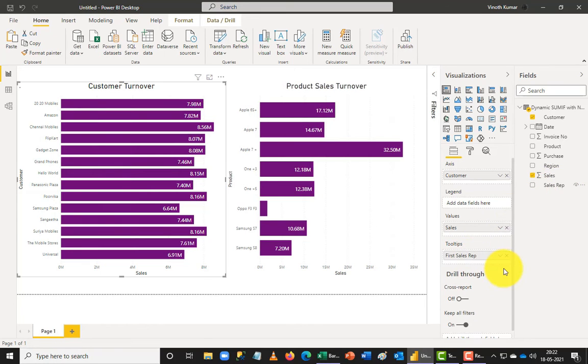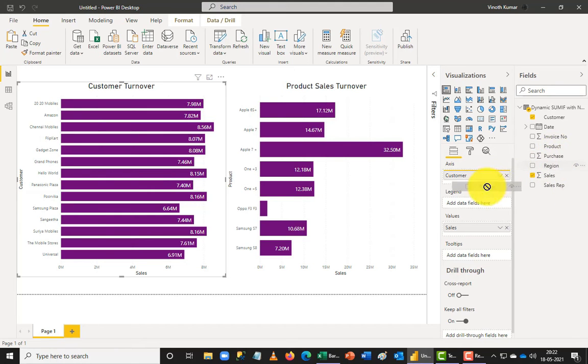So when I use the tooltip here, I have to use the tooltip in a much better way. When I try to add a sales rep, again it's going to show you the first sales rep alone. It's not going to show all of them here. It's going to show you only one sales rep in the entire list. Where we are going to use the tooltip better, we'll see that as we go forward.